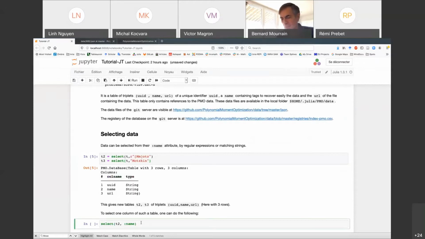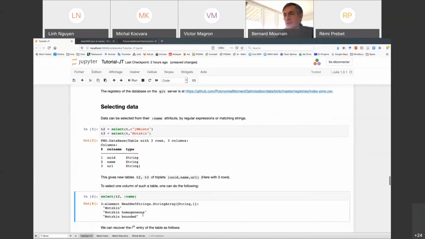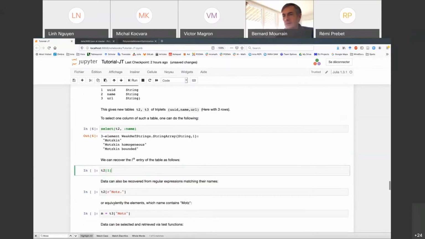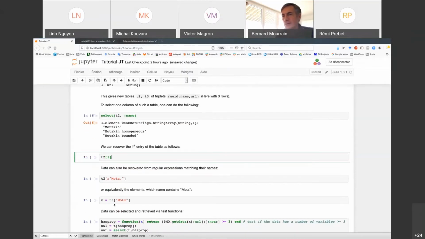The names of the three entries are: modskin, homogeneous, bounded. One way to recover the value itself is to use an index.